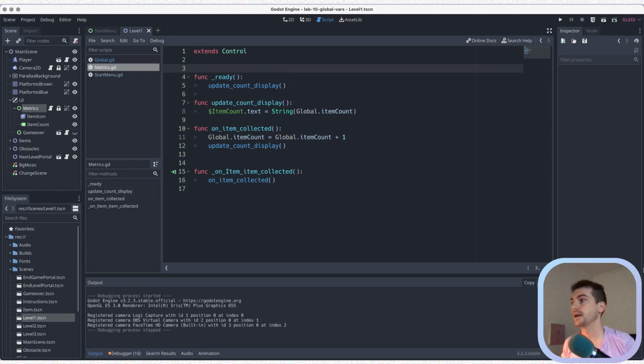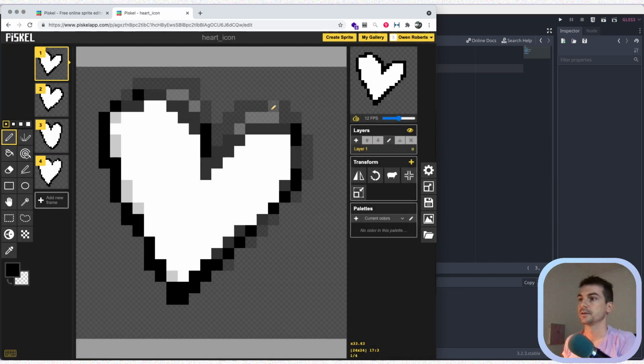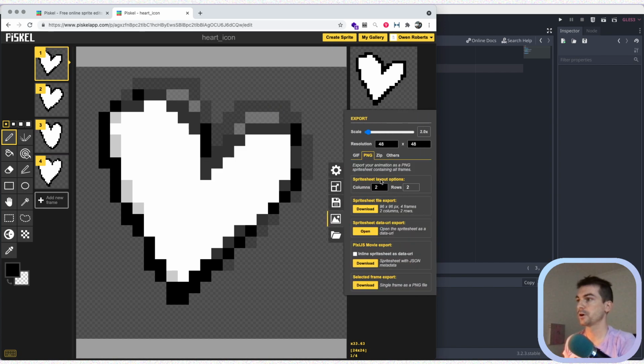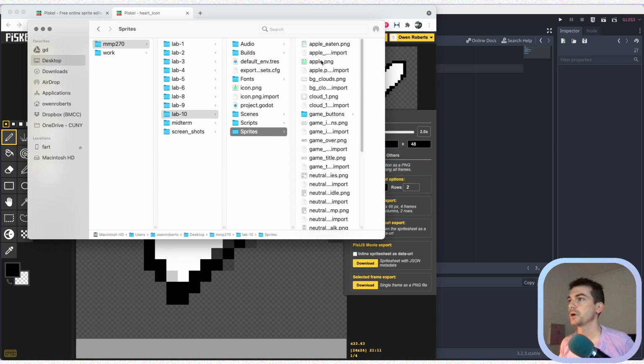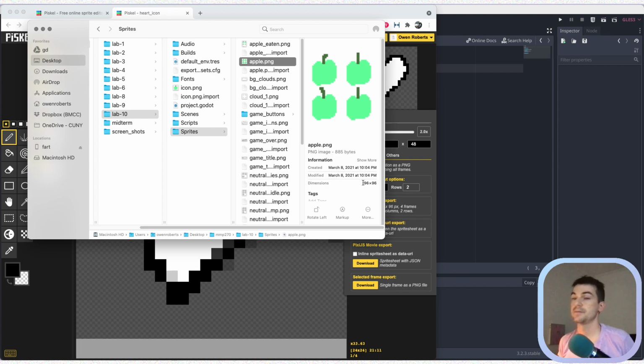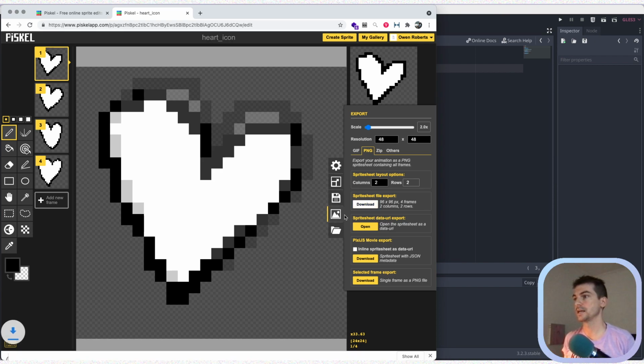So I need some new art, and I created some art before I started the video. I just have a couple animations. I have my heart icon, and then I have my heart collected. And so I'm just going to download these. So I'll click on edit and go to export, and I want to make sure that this is about the same size as the apple. So this says it's 48 by 48 and the full sheet is 96 by 96. So let's take a look at my apple sprite, and that's the same, 96 by 96. So that's good. It doesn't have to be exactly the same, but it's good to have relative similarity between those things. So I'm going to go ahead and download that sprite sheet,